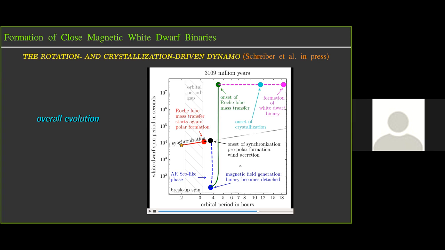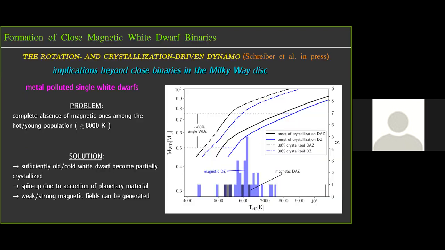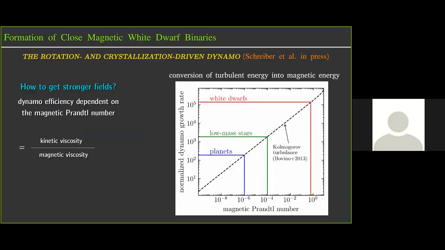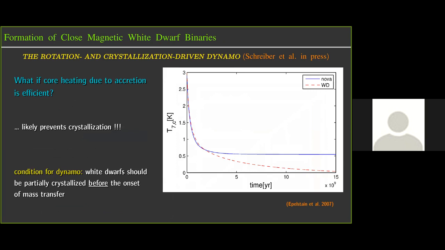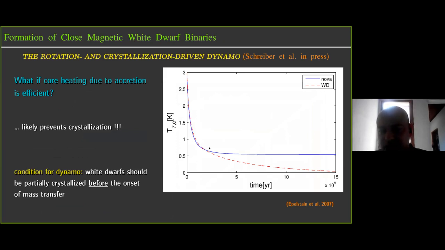If it is heating because of the accretion. That's right, yeah. Okay. Well, I have a slide here just to show a plot with illustrations. Okay, so here is the core temperature, and then we have a white dwarf in red and a CV in blue. So you can see, because of this heating of the core, at some point the white dwarf stops cooling down, so it remains